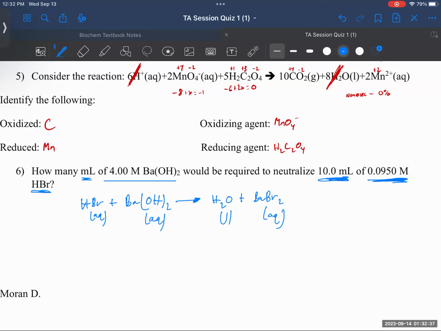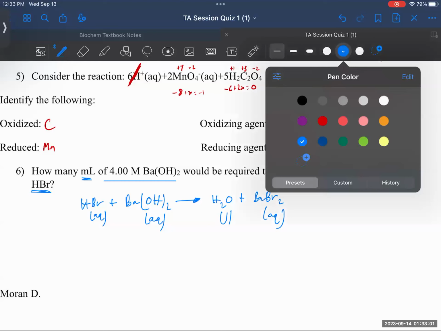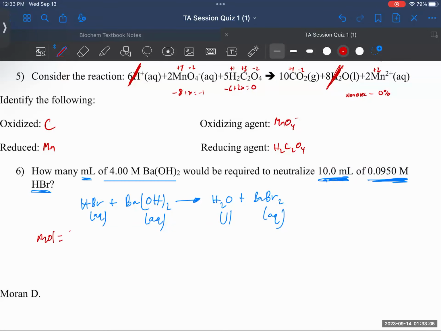I don't know why my notification's coming up there. That's weird. All right. Anyway, we'll be required to neutralize 10 milliliters. Again, we need moles, but we don't have moles given to us in the problem. So is there any way we can get moles from the information we have? And what is that way? Molarity. So moles equals liters times molarity. We have to convert our milliliters to liters, so that's 10 divided by 1,000, which equals 0.01, times your molarity, which is 0.095. If you solve that out, you get an answer of 0.00095